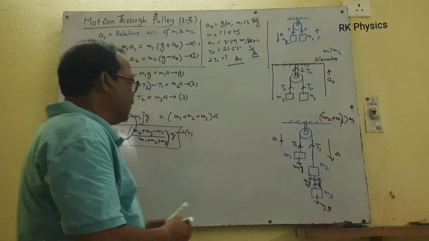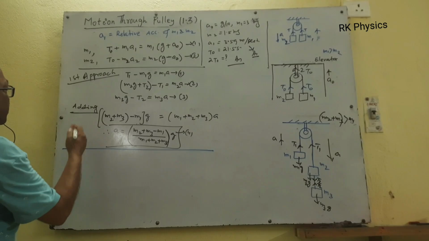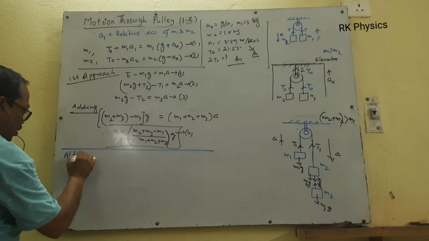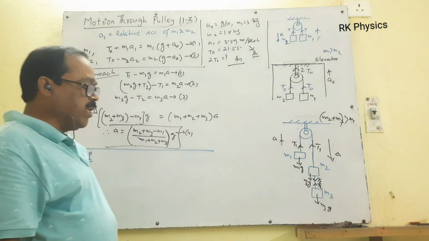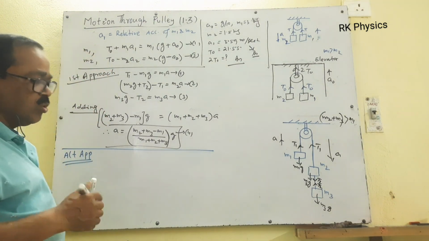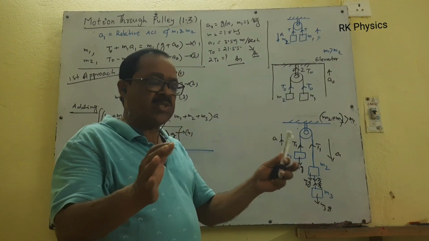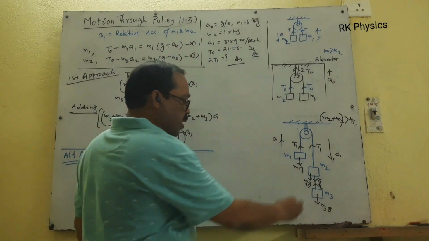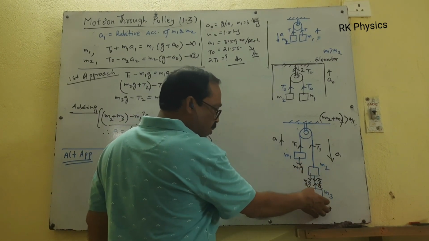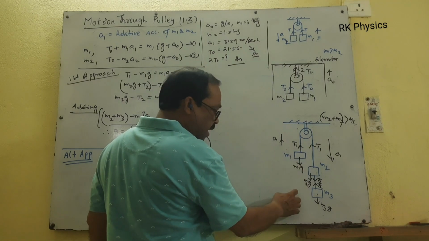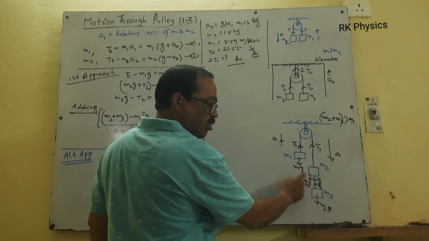Now instead of this, let us discuss the alternate approach. I think this approach is somewhat easy. In your alternate approach, first you see this figure. How many external forces are acting on the system? M2g and M3g, these two are down. M1g is also down, on this side. Therefore this side down and this side down; they are opposite to each other.